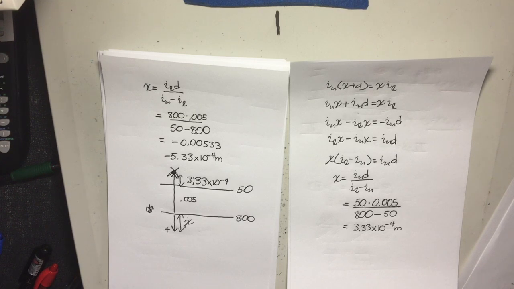Yeah, in fact, it doesn't really matter, because in the numerator, what's the numerator? Milliamp. What's the denominator? Milliamp. Milliamps divided by milliamps is nothing. So as long